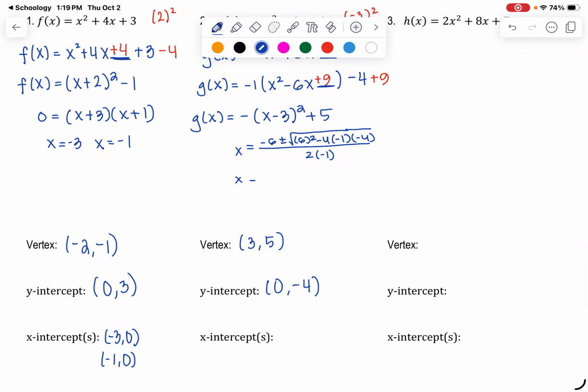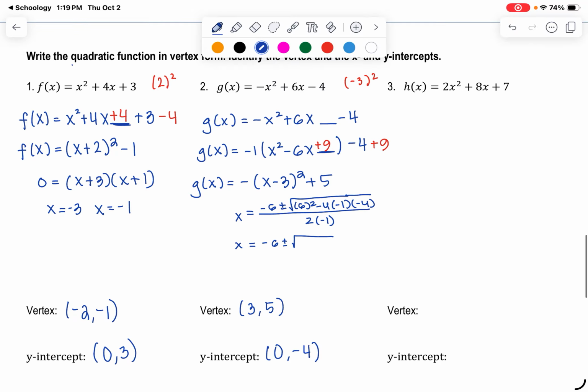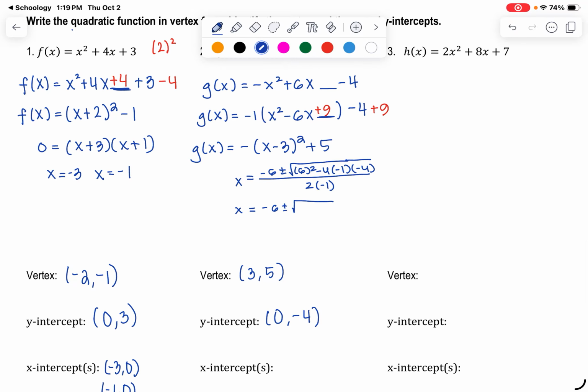X equals -6 plus or minus the square root of 36 minus 16, right? 36, no, minus 4 times a times c. 36 minus 16,